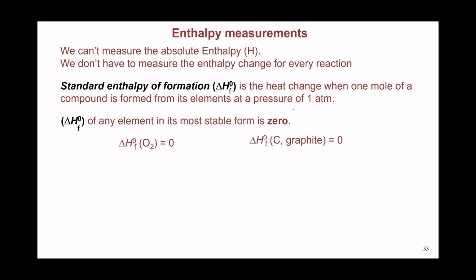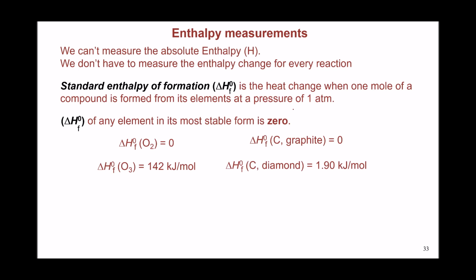So O2 is the most stable form of oxygen, so it will have a heat of formation that equals 0. Graphite is the most stable form of carbon, so it will have a heat of formation that equals 0. On the other hand, something like ozone is not a stable form of oxygen, so it's not going to have a zero heat of formation. Diamond is also not the most thermodynamically stable form of carbon, so it will have a